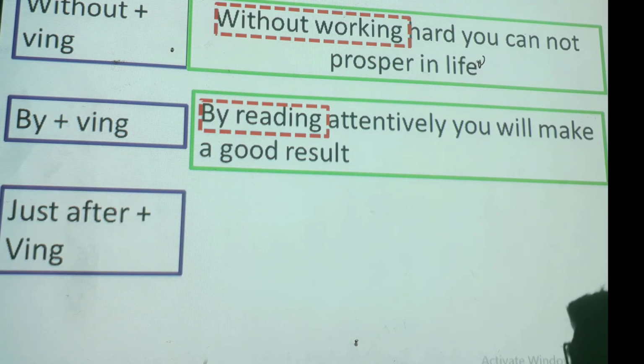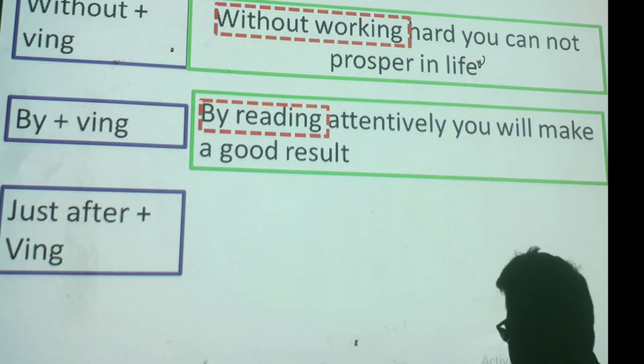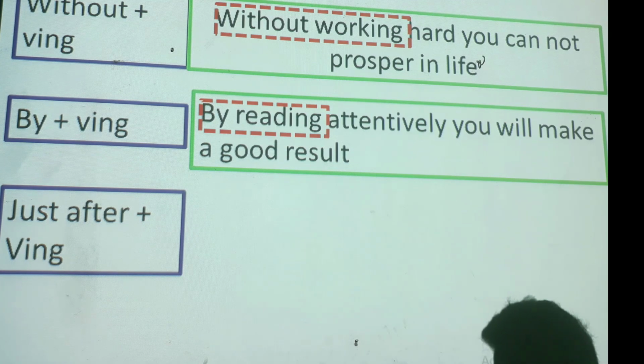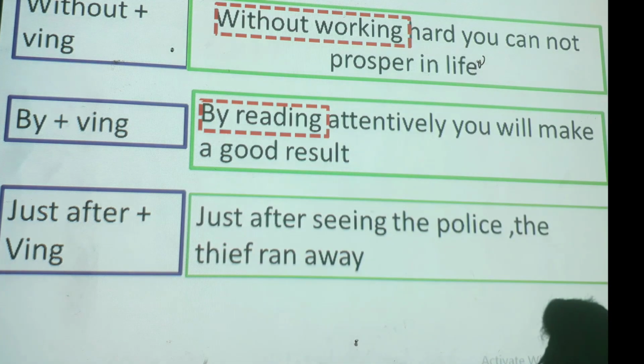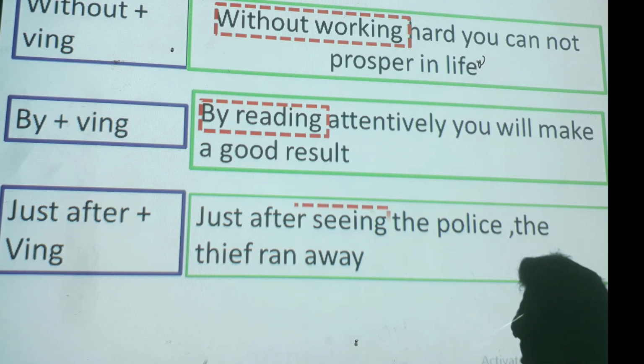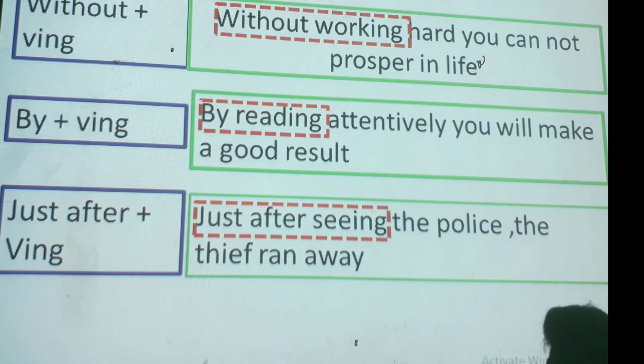Next example, "just after" plus verb ing. When you will see in a sentence "just after" plus verb ing, the sentence will be simple sentence. Just after plus verb ing. See, in this sentence, see is a verb, ending of the verb is ing form. Next,